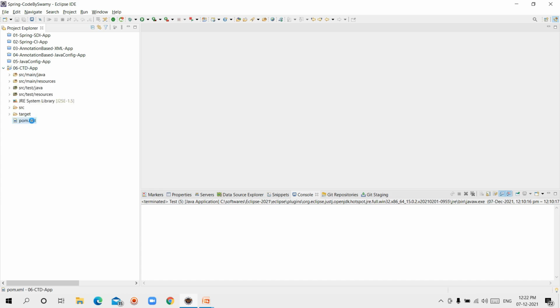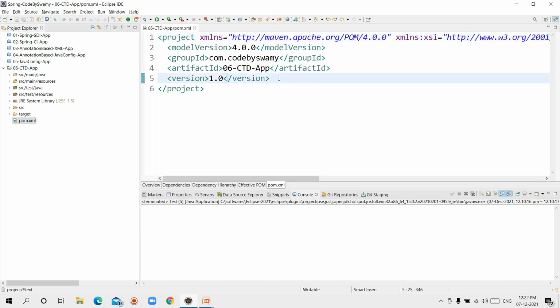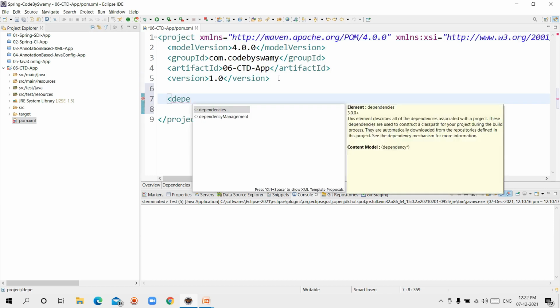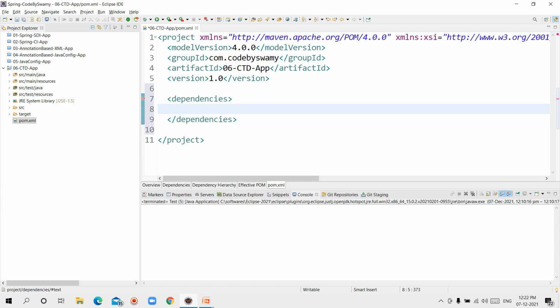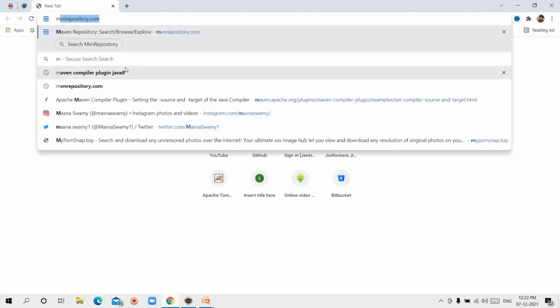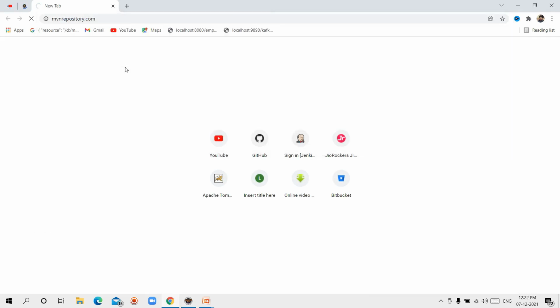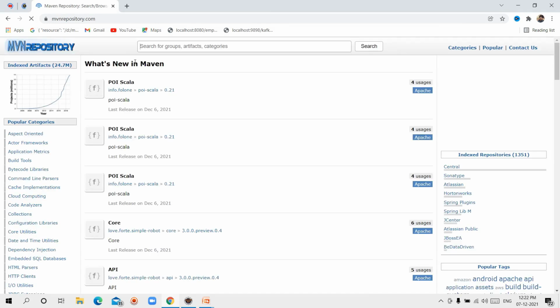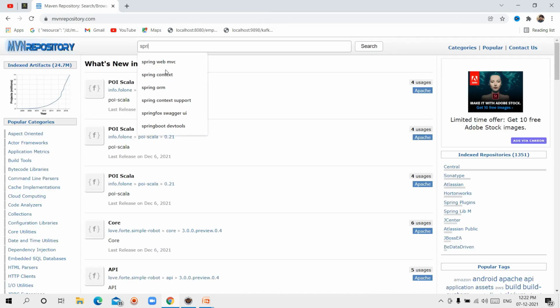Go to pom.xml, add the dependencies tag. Inside, add Spring context. Open browser, search with mvnrepository.com. Here in the search box, search with Spring context.